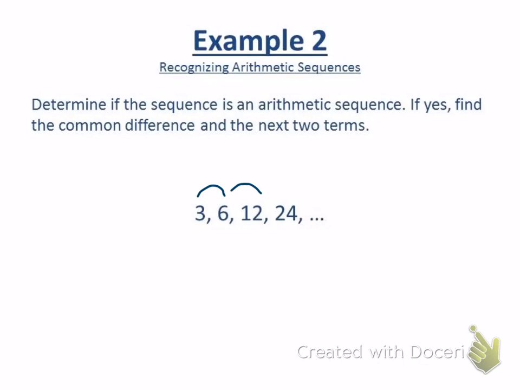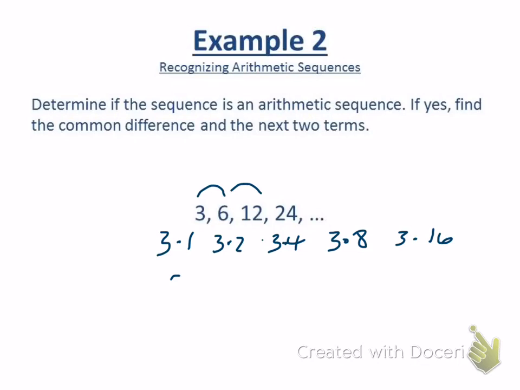Okay? This is an exponential sequence. Right? We could write, but we're not going to do that now. Okay? This is 3 times 1, right? The first term is 3 times 1. This is 3 times 2, 3 times 4, 3 times 8. So the next term would be 3 times